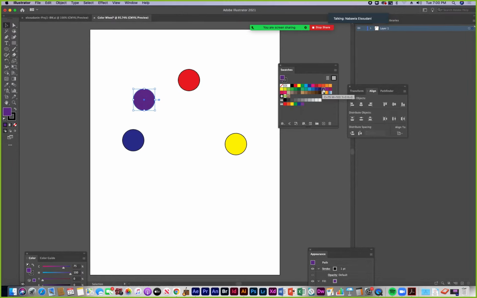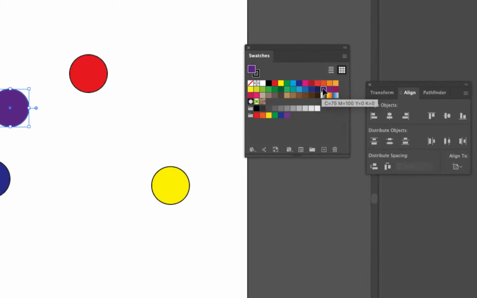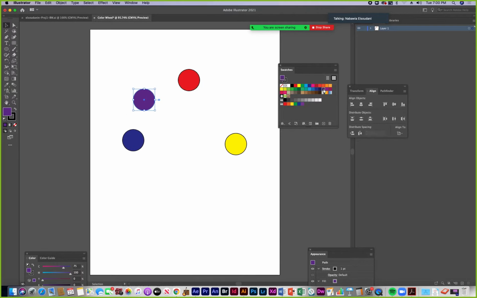And notice some of these colors are not labeled by name, like these top ones are. Some of them are labeled by amount of each of what we call the four process colors, which I'm going to talk more about. Do you guys know what these colors stand for, the process colors? There's C, there's an amount of C, an amount of M, an amount of Y, an amount of yellow here. I mean, so I just gave it away.